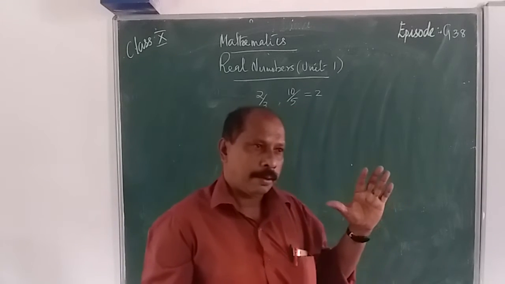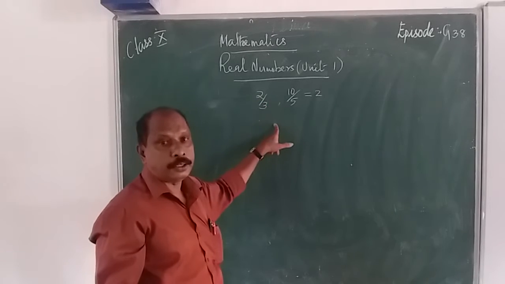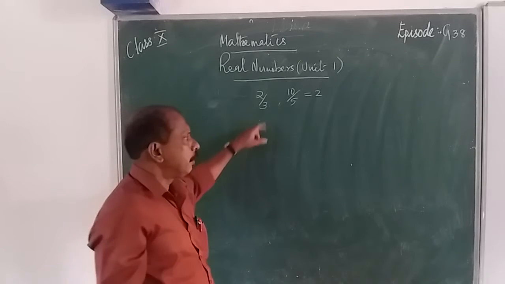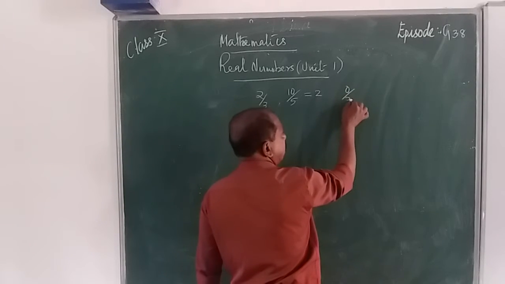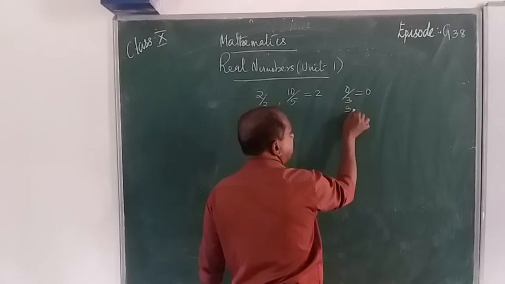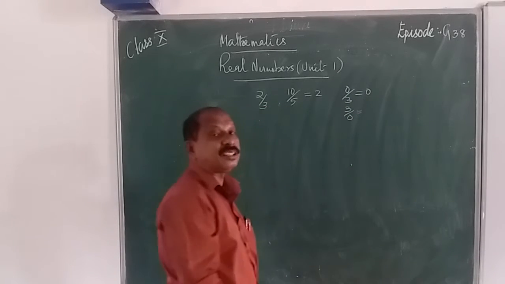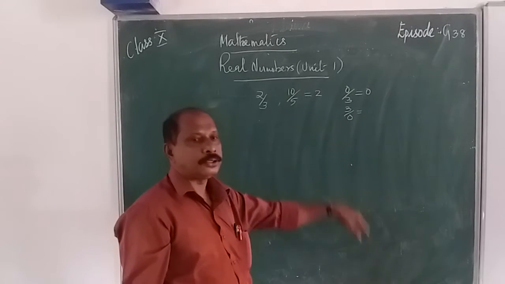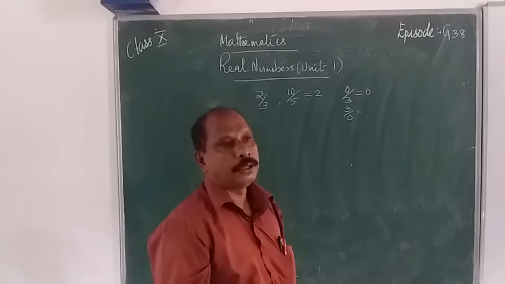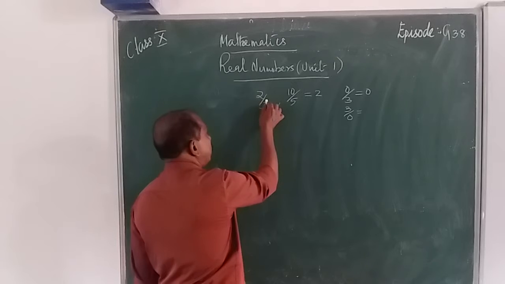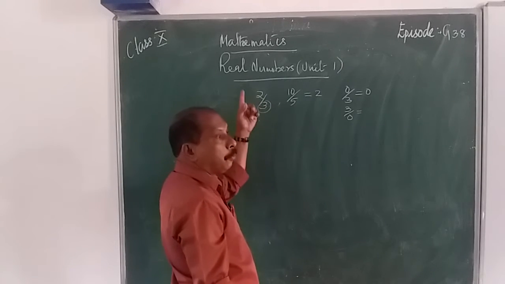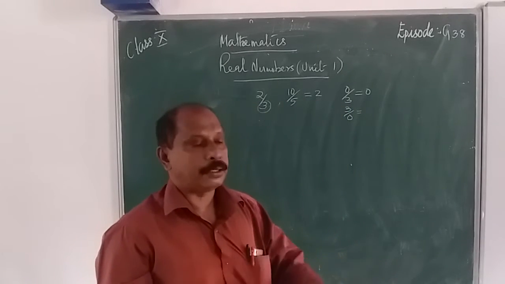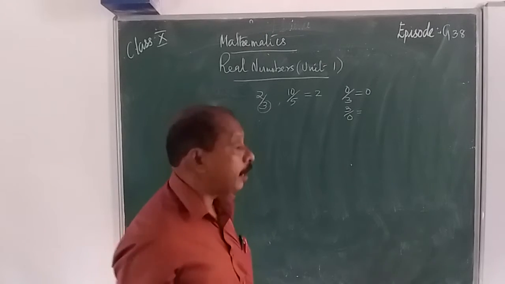Then there is a number with a numerator and denominator, where numerator and denominator are integers. We know that, for example, 0 by 3 is 0. But 3 by 0 is not determined. Let us consider it as infinite in future classes. But there is no value for that, or it is not real. Therefore, the denominator is not equal to 0. Numerator and denominator are integers. This type of number is known as a rational number.